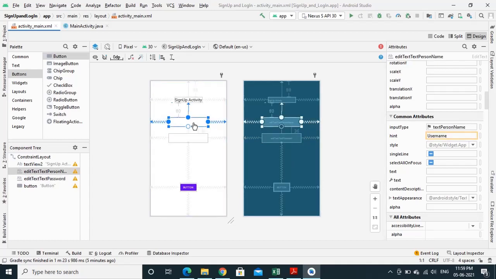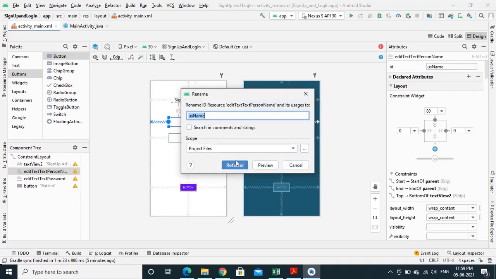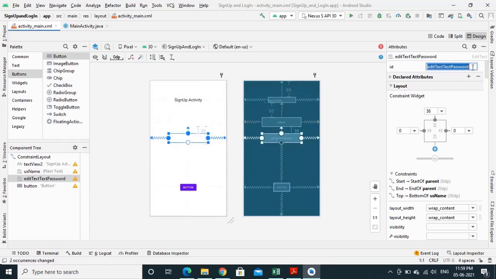And you can also change the ID. For this, take it as username, US name, and for password, refactor it, and give it as password.